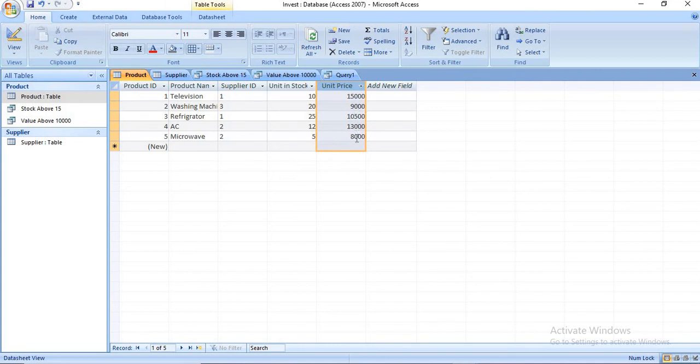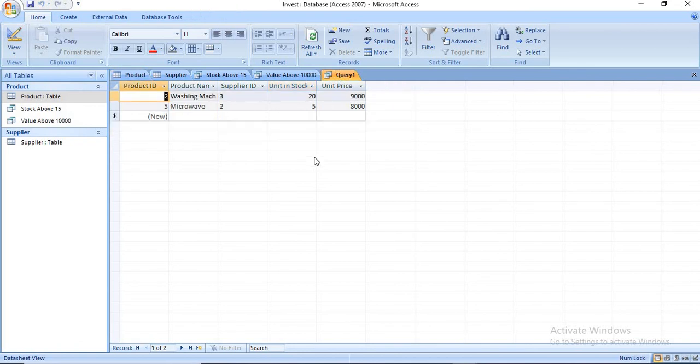Okay, so the first filter removes the numbers above that, only 9,000 and 8,000 remain, and in that the criteria is greater than or equal to 20 and less than or equal to 5. So this criteria also fulfills these two records. That's why in this query only these two records will come as an answer.